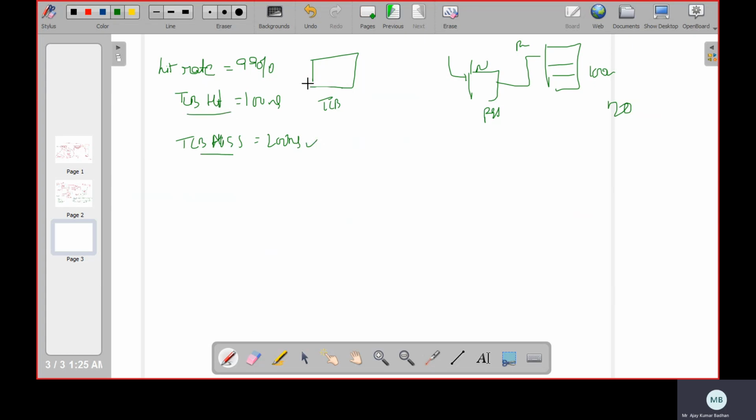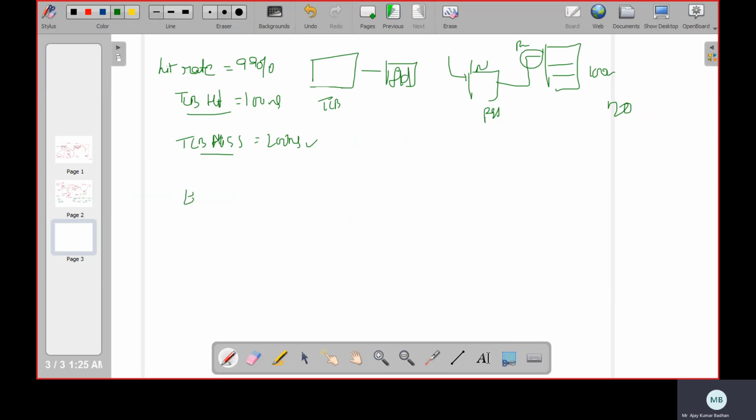But in case it is a TLB hit, you will directly get the frame number. So here it requires only 100 nanoseconds to search in the main memory. This portion becomes easy, the F plus D from the TLB. It doesn't take much time. That's why we are using cache here, very high speed.